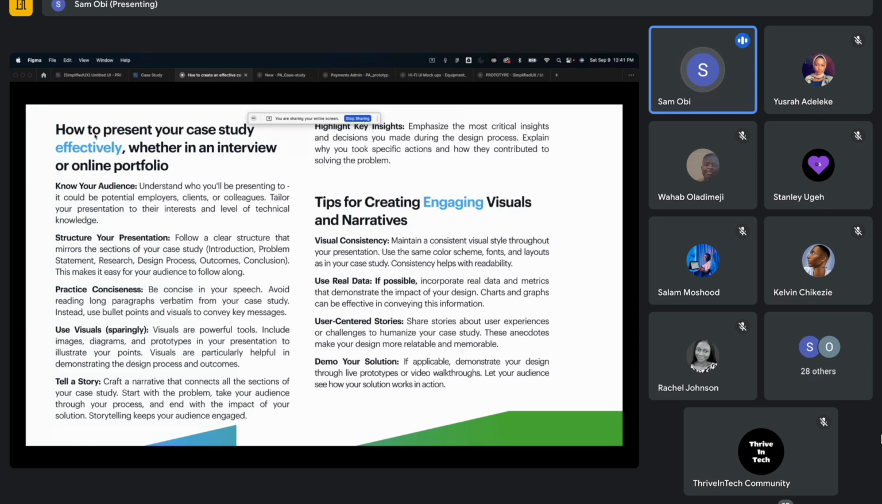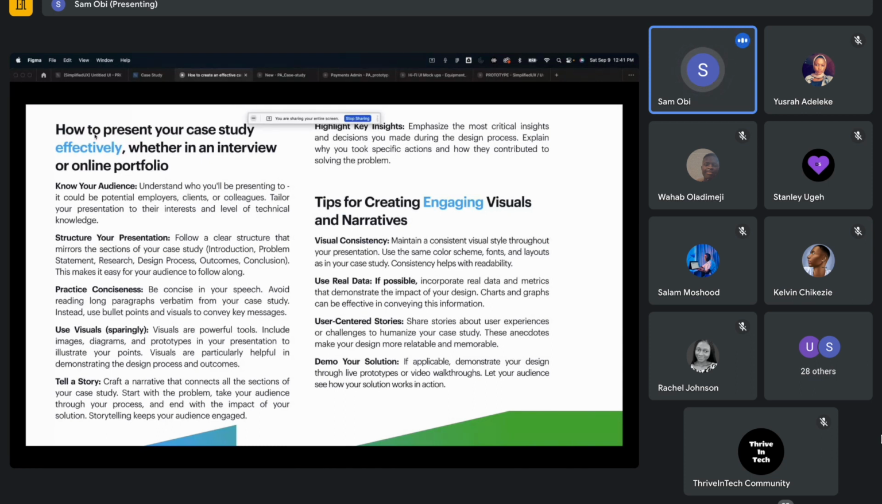A few tips for creating engaging visuals and narratives. Visual consistency. You have to ensure that whatever visuals you're using, they are consistent. Use real data if possible, because it is really important for you to put out real data there, not just assumed data. User-centered stories. You don't just have to share stories that make sense. You have to share stories that are centered around the actual users that you're solving problems for,